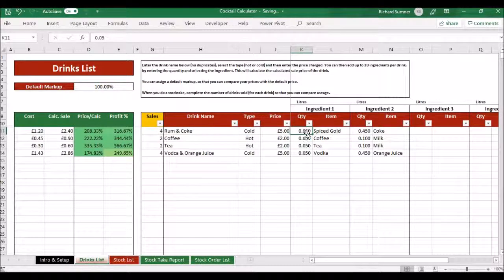So if we say here 0.050 liters of Spice Gold, or whatever the quantity would be, and 0.45 milliliters of Coke, obviously to make a rum and Coke, you can put in your different ingredients up to 20. So put all your ingredients for that one particular drink on the line, put in the quantity. That's why it's important to remember what quantity you've put down for each of these items, what unit you put down, so that you can put in the correct quantity, the correct unit